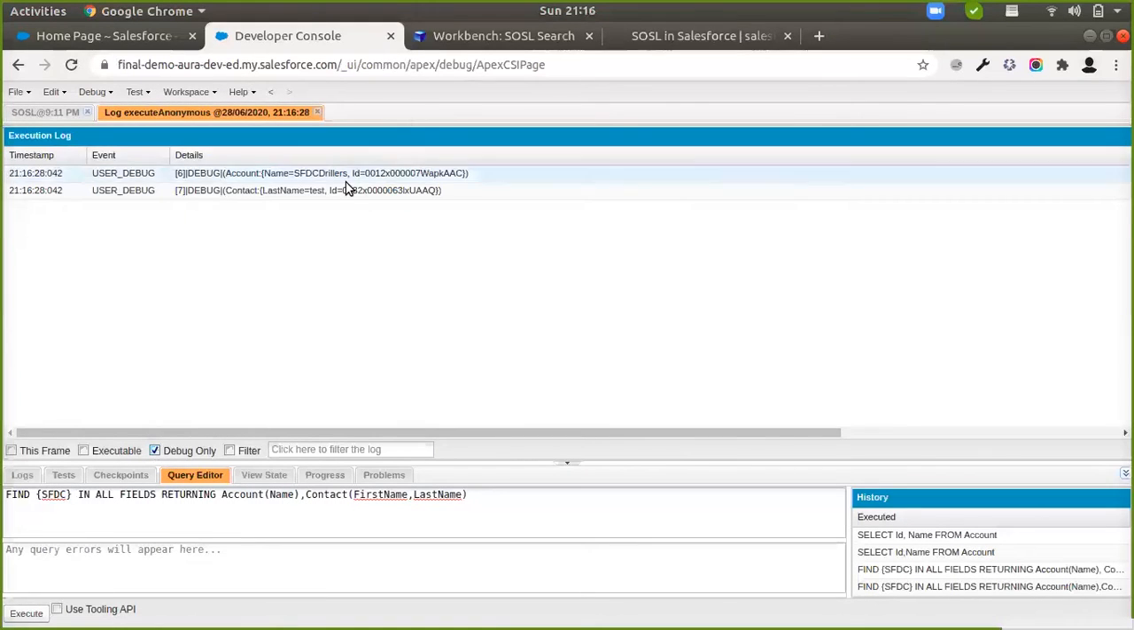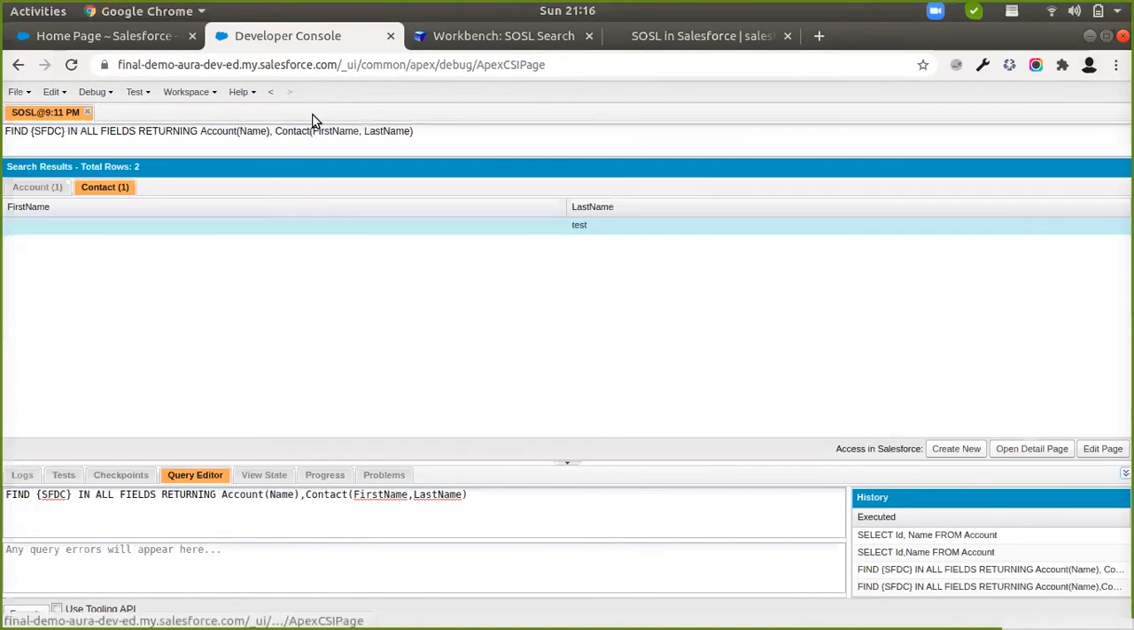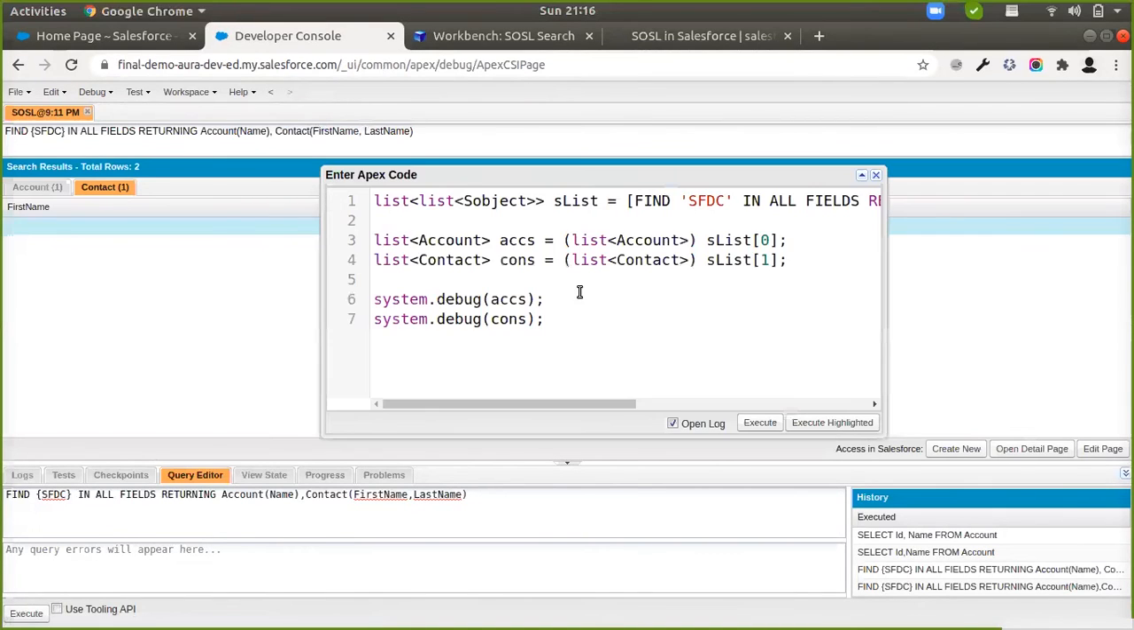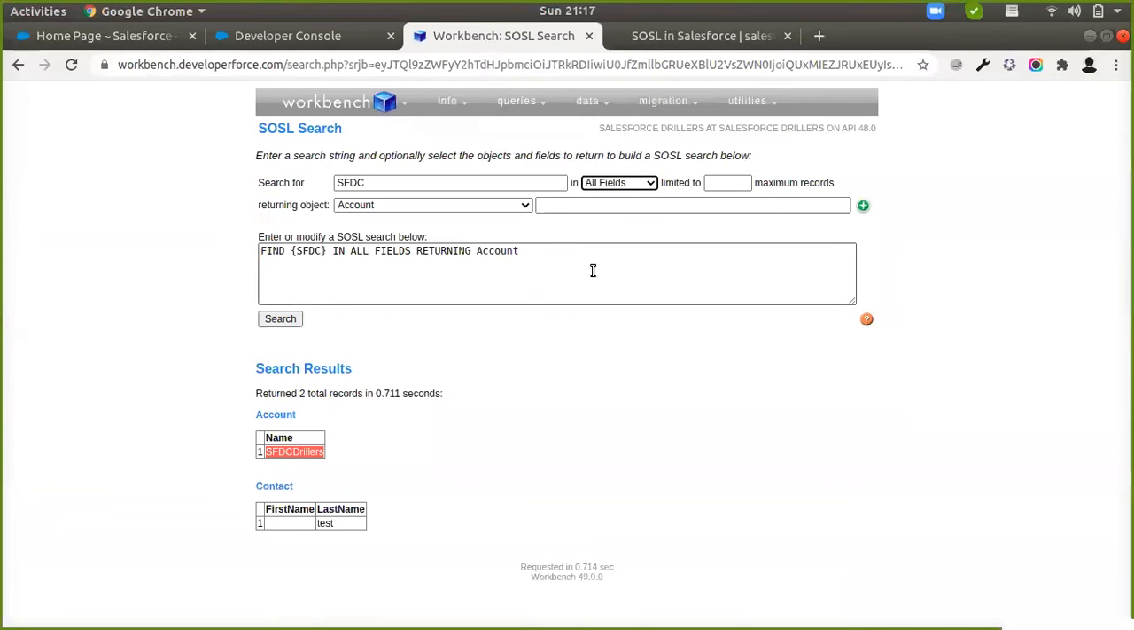And you are able to see that we are able to get both the account and contact records like this. So this is the syntax you use when you run an SOSL query in your Apex. One more thing is, if I just use the workbench to demonstrate the example, instead of searching in all fields,